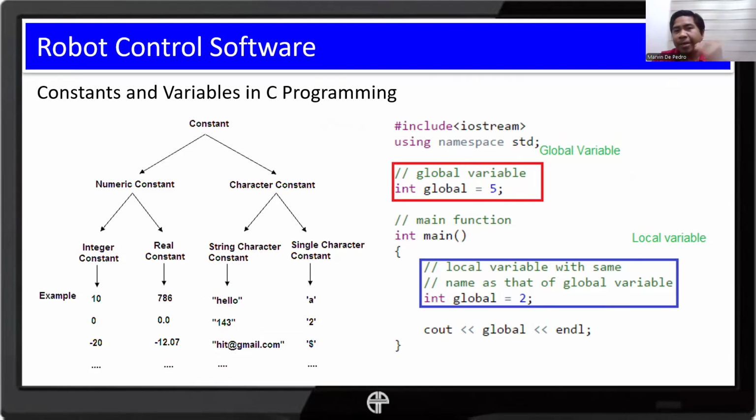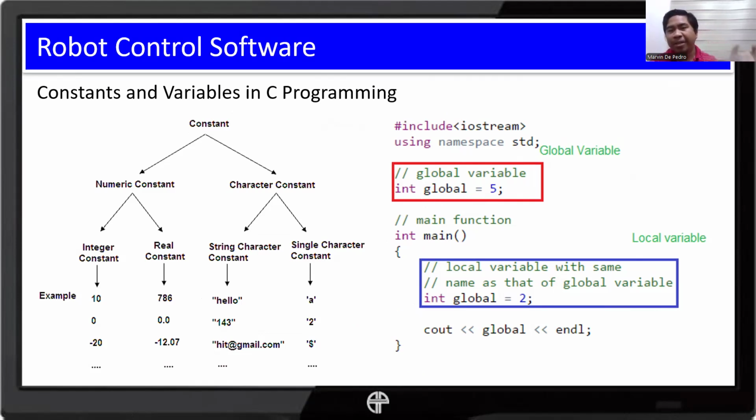So that variable is only good for that specific function. For example, if you use global as 5, then anywhere outside your function, it's 5. But if you didn't use the same variable inside a given function, then the value will still be the same. Global is still 5, if that variable was not used inside that function.